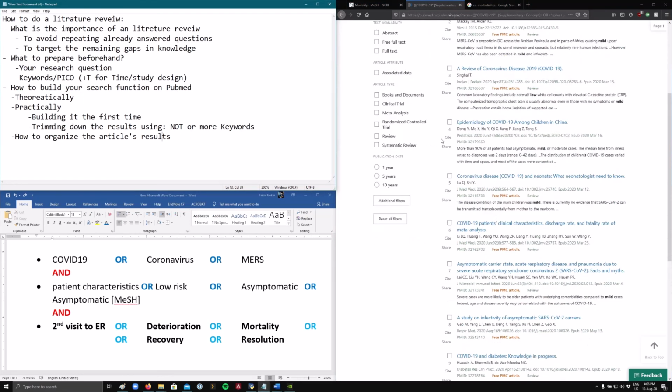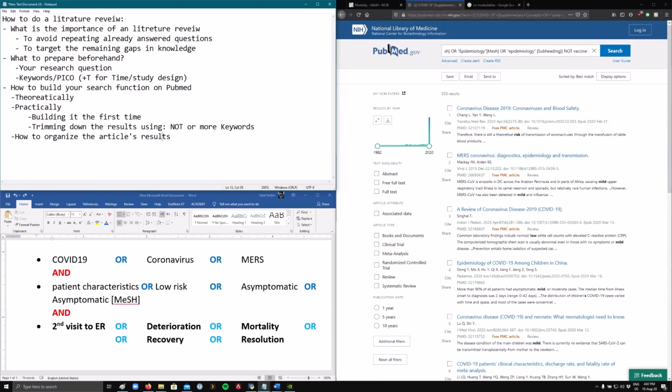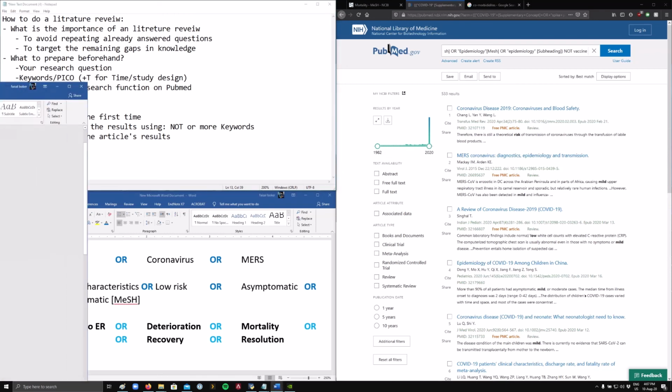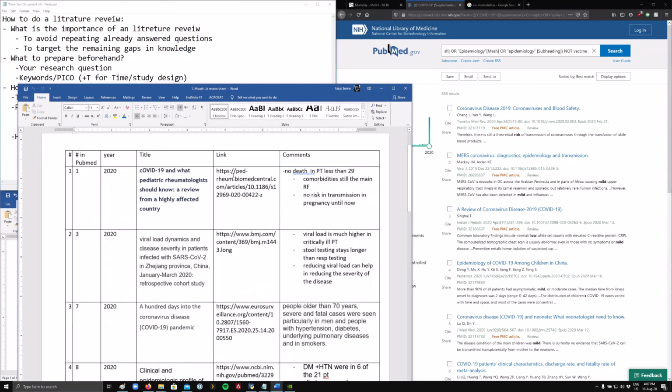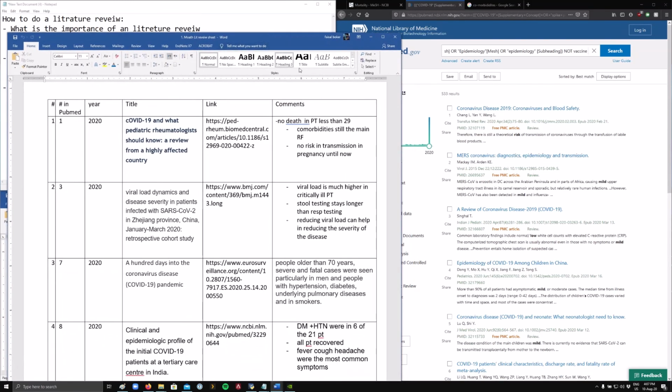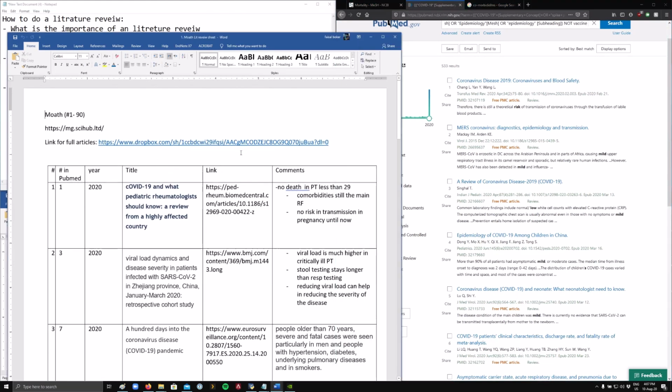Finally, now that you have a list of articles, what should you do with them? So what's the next step? The next step is for you to organize them. Okay? So this is an example of what it looks like after you have organized the articles relevant to you. So as you're going over them, you should have